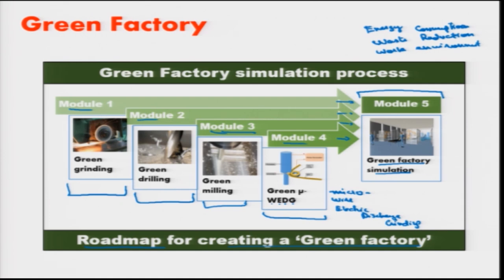So, this research first aimed at identifying green process parameter settings for a unit manufacturing process through analysis of experimental data. The experiments were conducted live. Then these data were generated through certain designs of experiments like full factorial for grinding and response surface methodology. The design of experiments were conducted separately for these 4 processes, and then these were optimized. Then they were taken to a green factory. So, what is the green factory that we have chosen here?